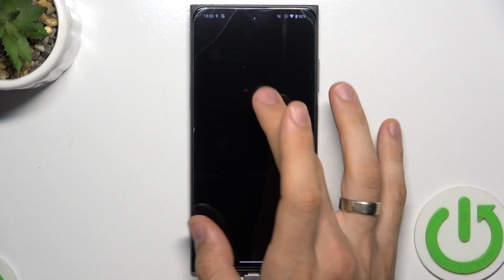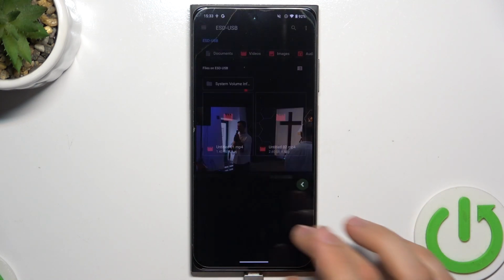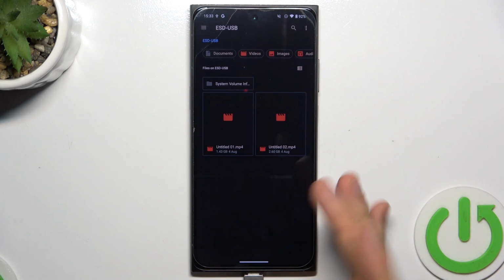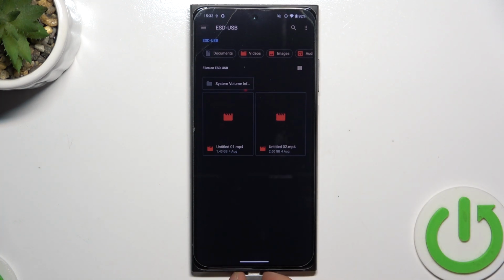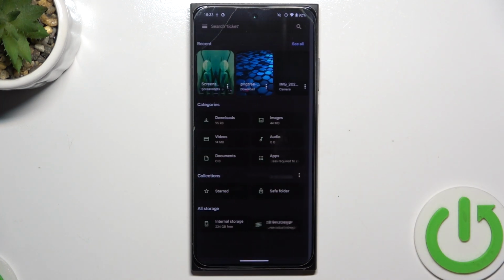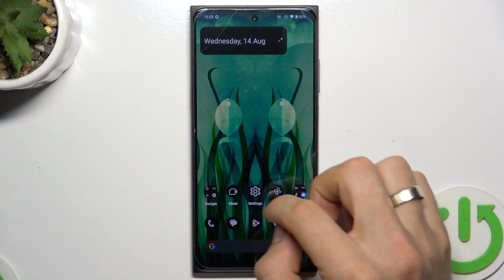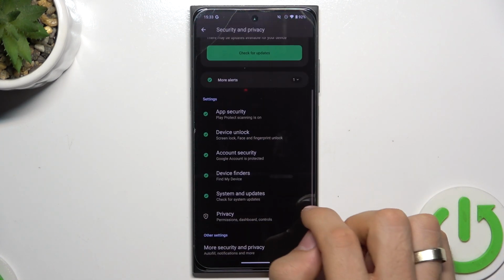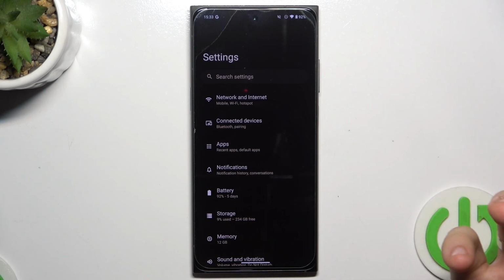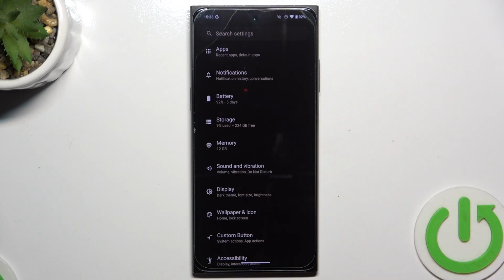For example, here is the video, and I can open it, I can close it, I can move it to my internal storage, for example. But now, if I open USB protection mode, to find USB protection mode, you should open settings, then just